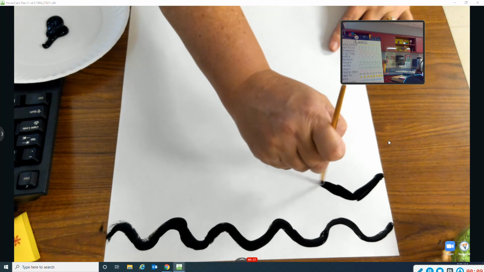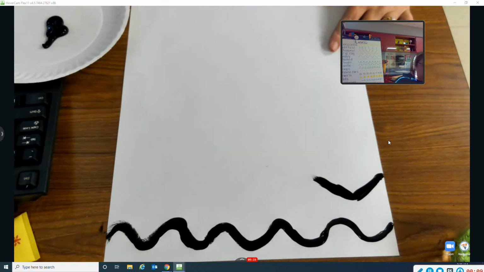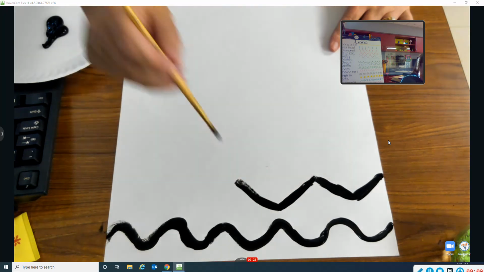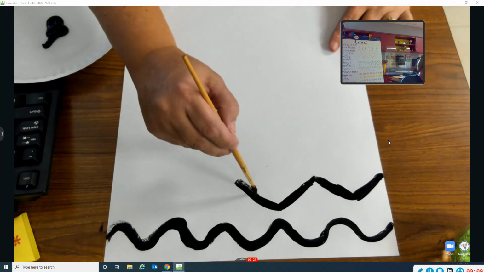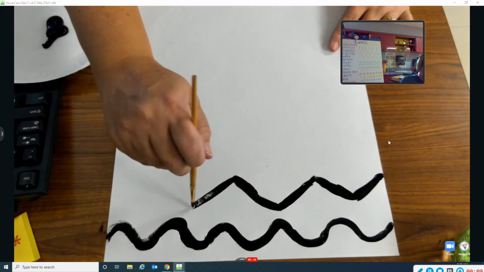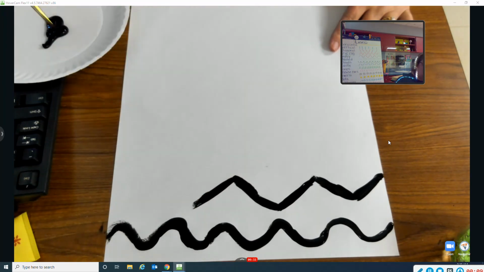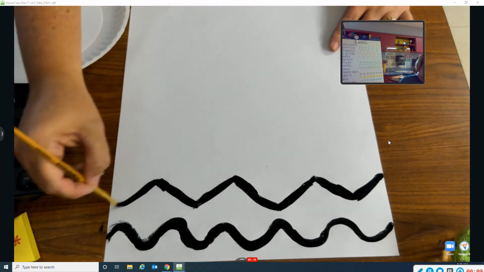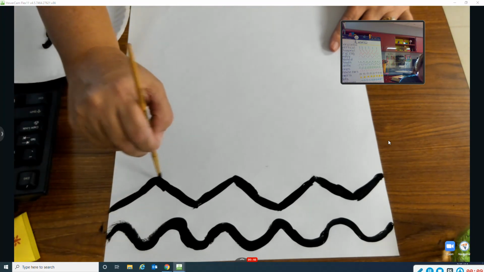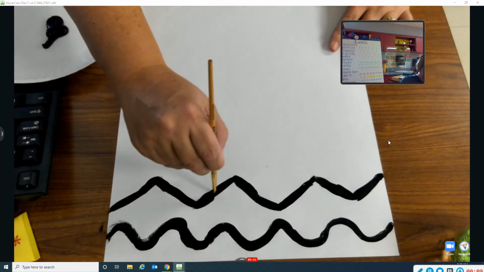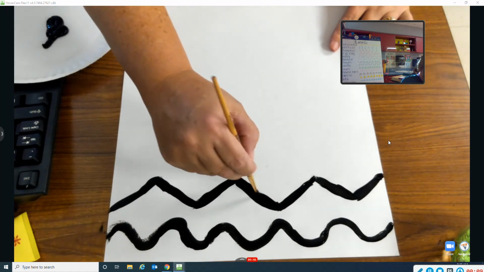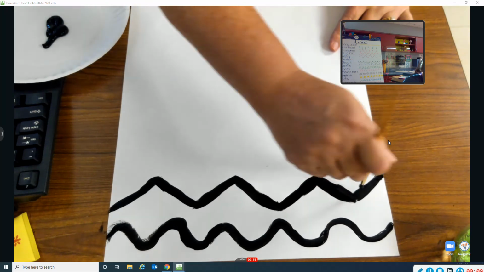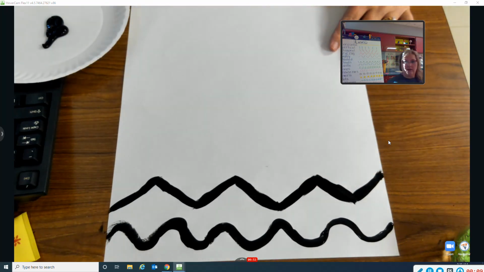So paint up, paint down, load your brush, paint up, paint down, load your brush, paint up, diagonal up, diagonal down, and diagonal up. So I have a really nice zigzag line. I'm going to adjust it all, make it nice and thick and nice and black. All right,